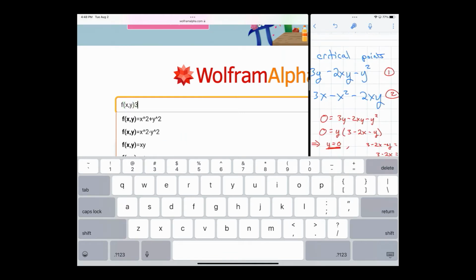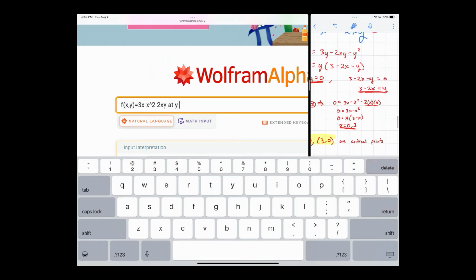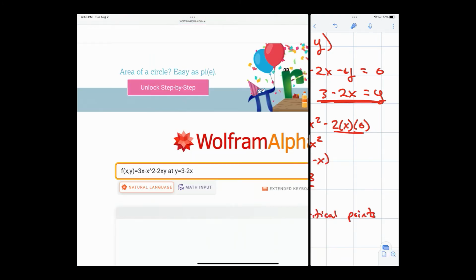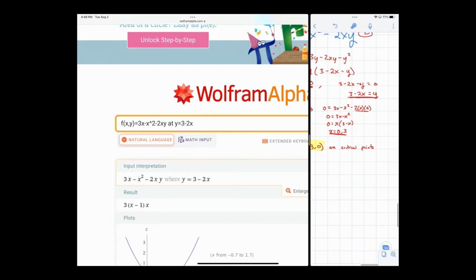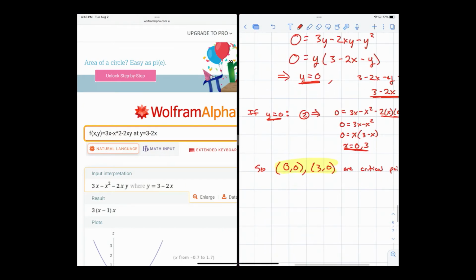I'm going to type in that 3x minus x squared minus 2xy, where y equals 3 minus 2x, and it tells me what I get. So I'll say, back up here, so equivalent to this, if y equals 3 minus 2x, equation 2 becomes